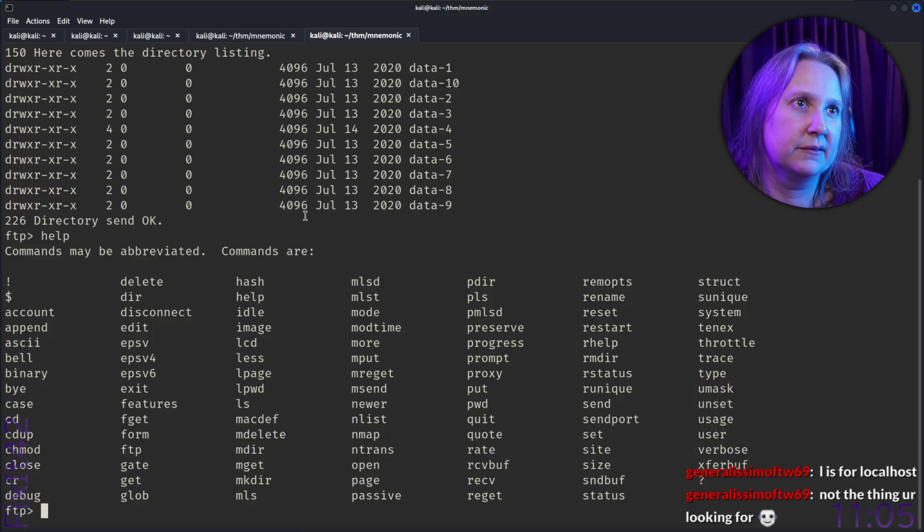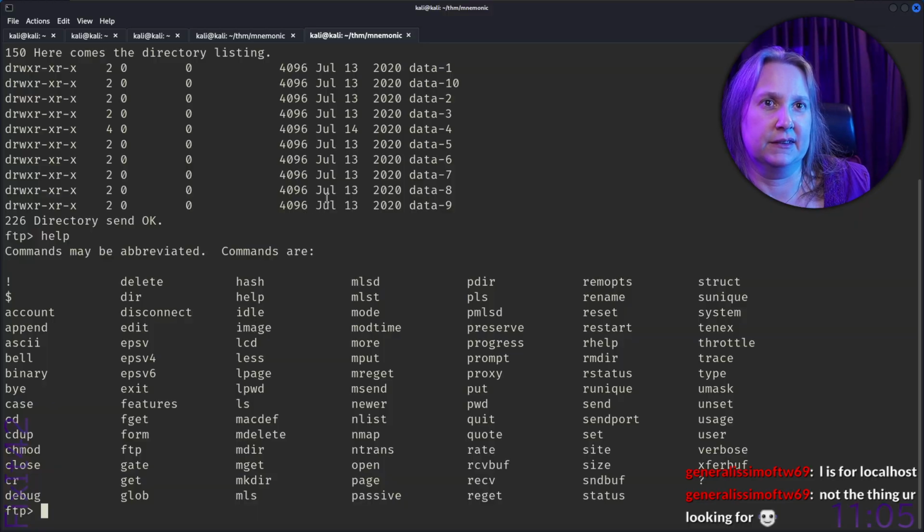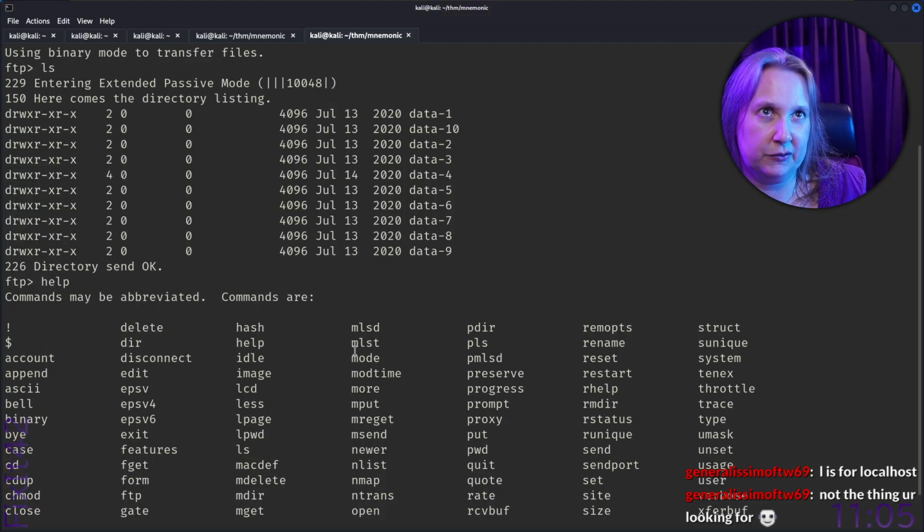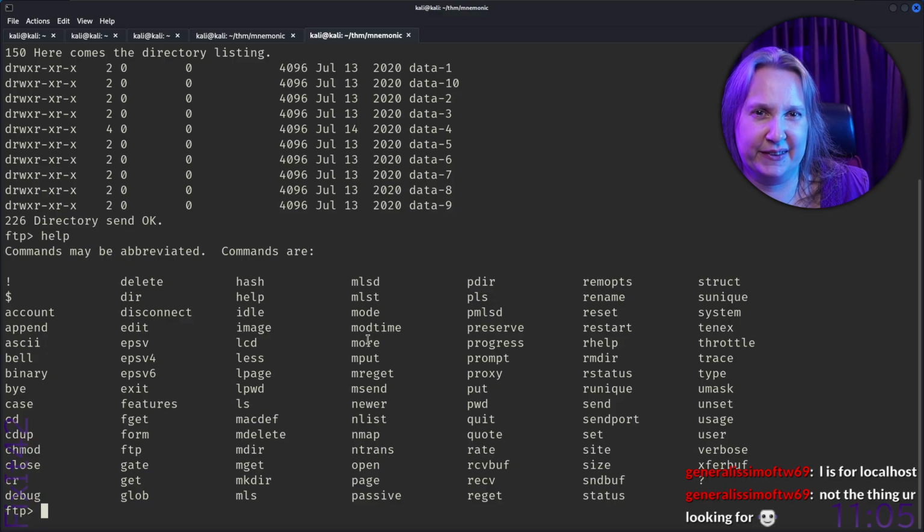Okay. So, I'm looking for something else. And there's also this thing with passive mode. I remember having problems with that. So,